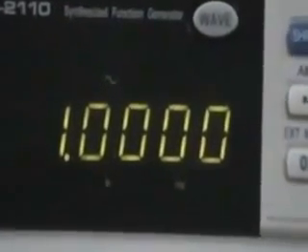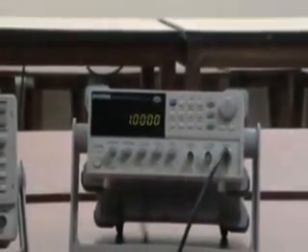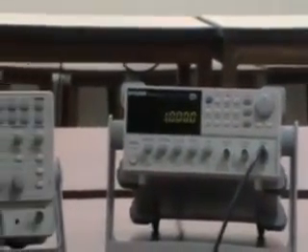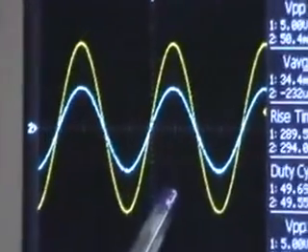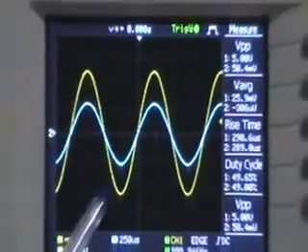Now we are providing a sinusoidal waveform of frequency 1 kHz from the function generator, with a voltage of 5 volt peak to peak. The input and output waveforms can be seen on this display.